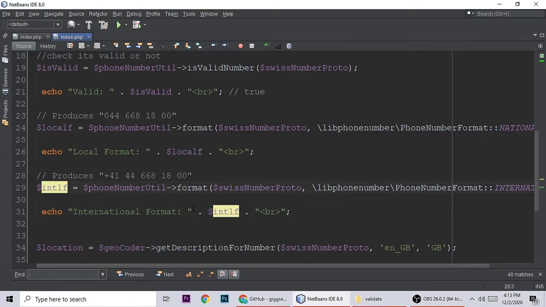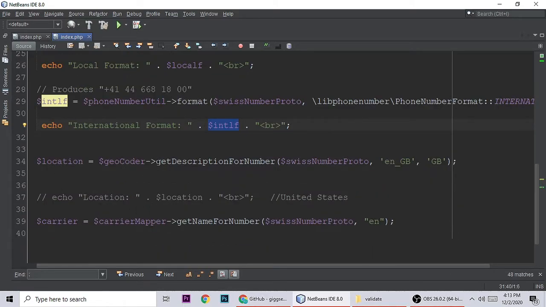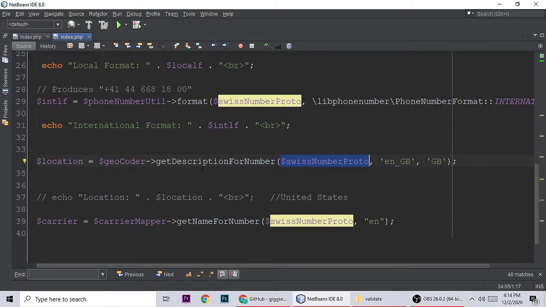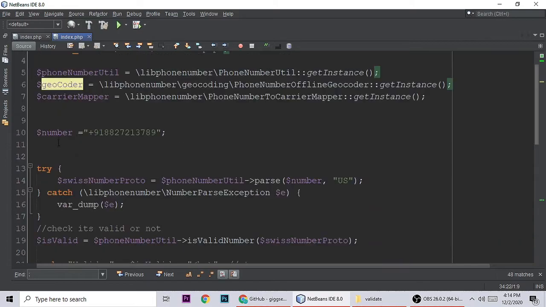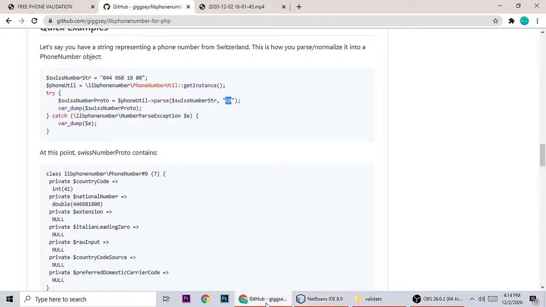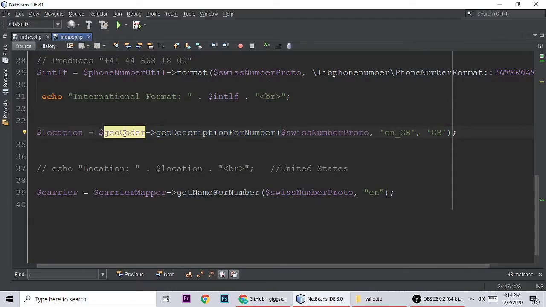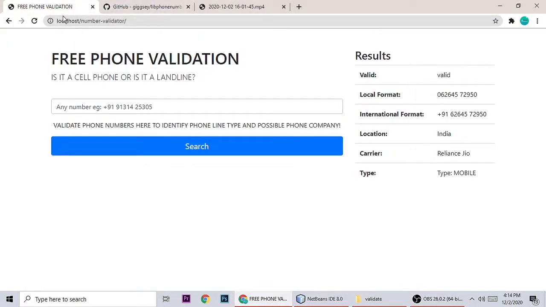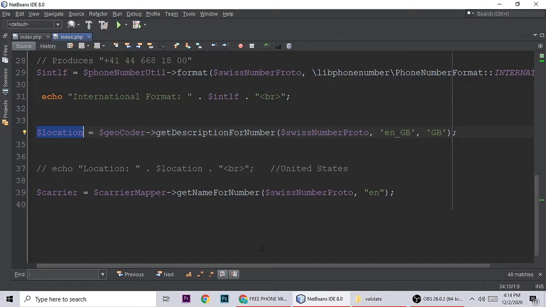this is the variable I am echoing. And then location is the geocoder, which is this class, and then get description for number, like this. Location is the country name, right?